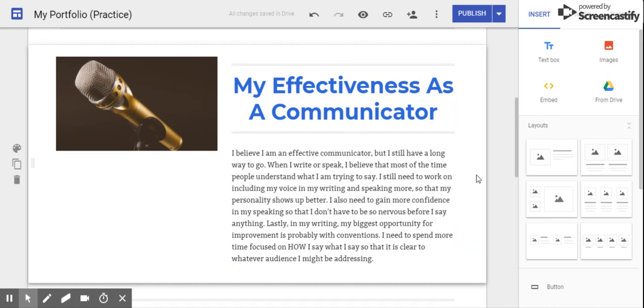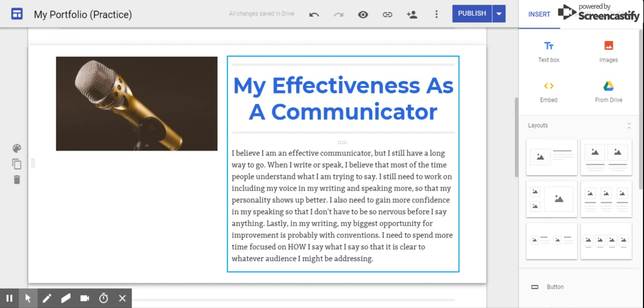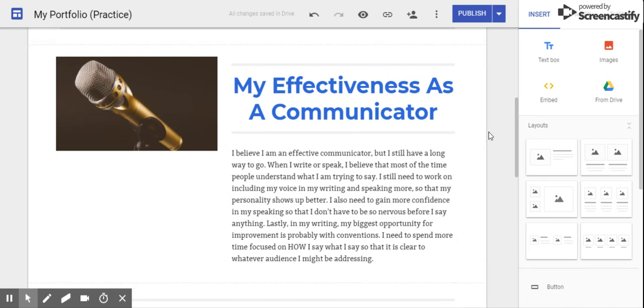Really what I want you to do is write about a paragraph assessing your effectiveness as a communicator. And when we say effectiveness as a communicator, really what we're talking about is when you speak or when you write, do people understand what it is that you are saying or talking about? And are people interested? Are you engaging them in some way, shape, or form to where they would want to come back and listen to you or read what you have to say again? So I've written a sample paragraph here that you can take a look at. You're welcome to pause the video to take a look at that. But I would want yours to be pretty similar.